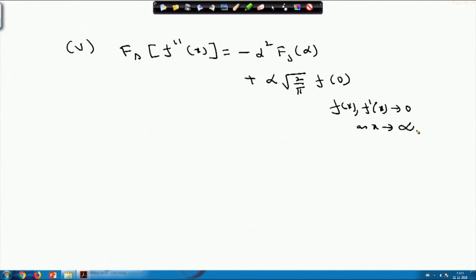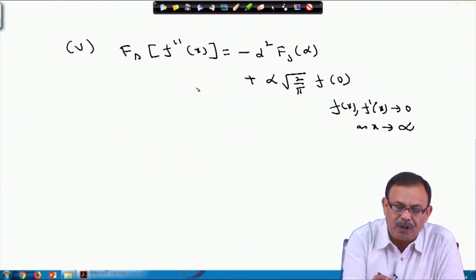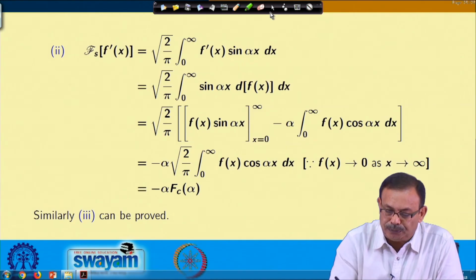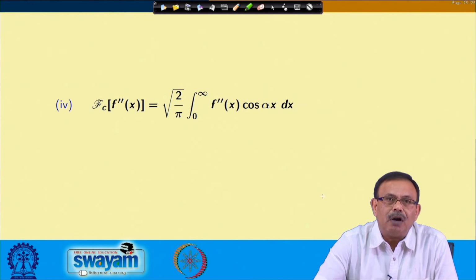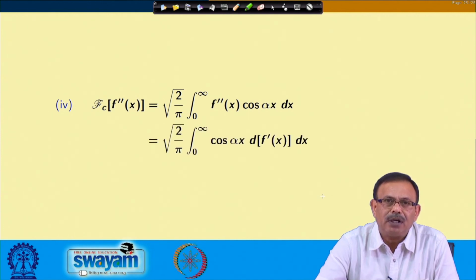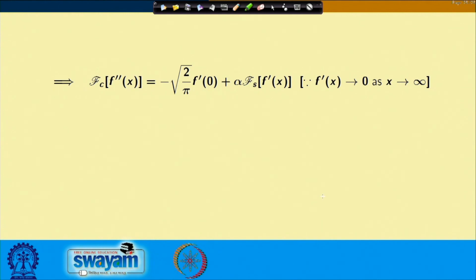So, please note that number 5 you can prove on your own in the same fashion as we have proved the fourth one. So, let us see the fourth one. The Fourier cosine transform of f double dash x, I am finding out, is root over 2 by pi integral 0 to infinity of f double dash x into cos of alpha x dx, and this I am writing as d of f dash x. Now, I am integrating by parts, as we have already shown. So, we are getting minus root over 2 by pi alpha times the Fourier sine transform of f dash x, and